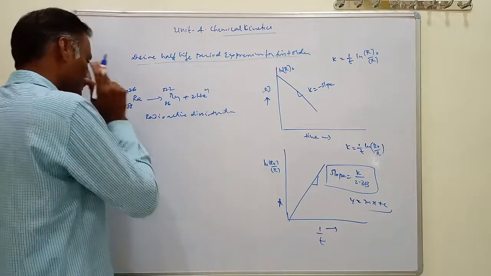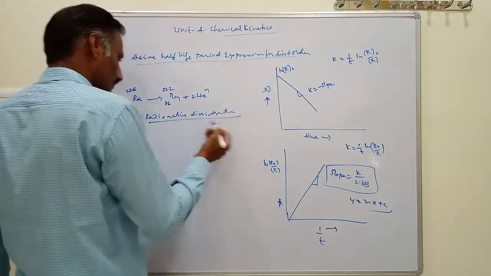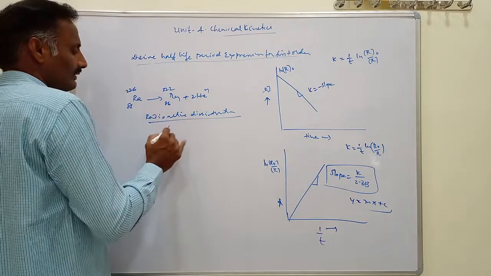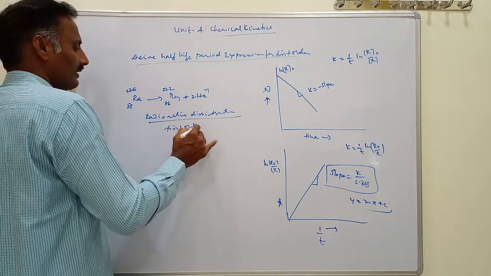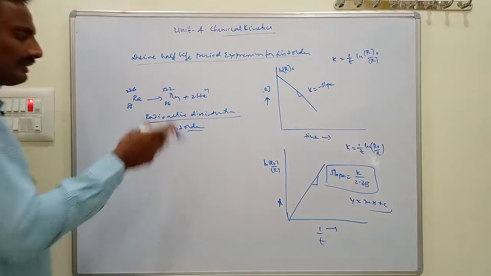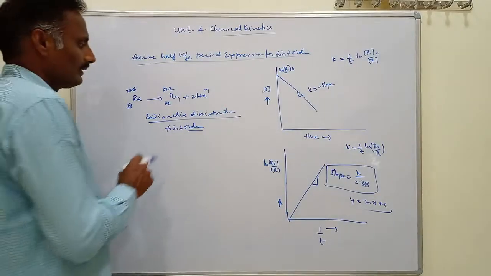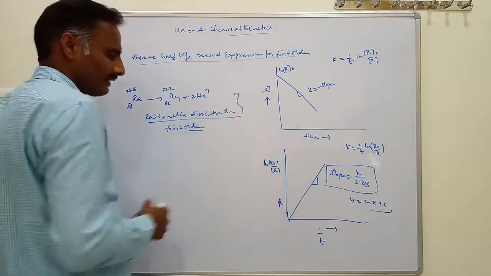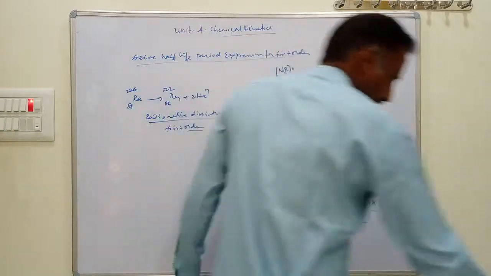The radioactive disintegration of all the materials undergoes first order kinetics. They follow first order kinetics. Radioactive disintegration follows first order kinetics. This is one of the examples for radioactive disintegration. And one more example for this is